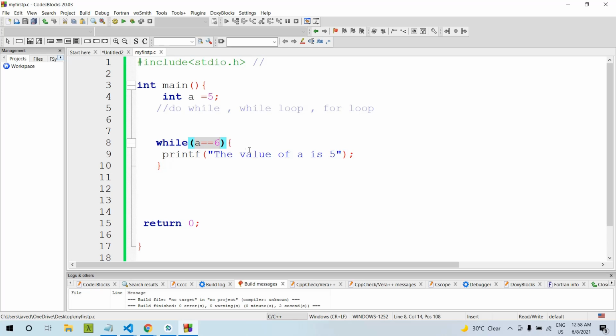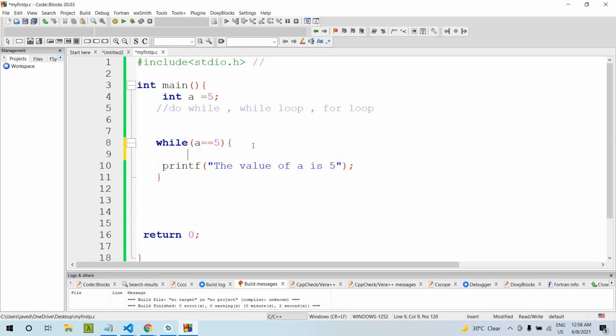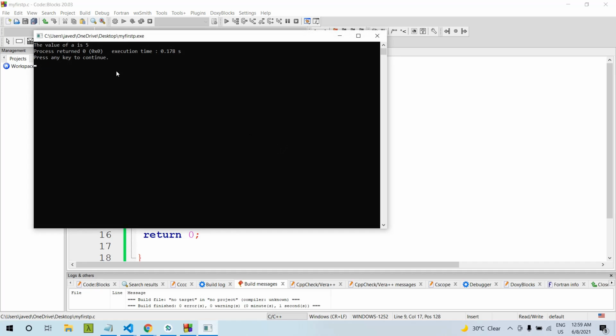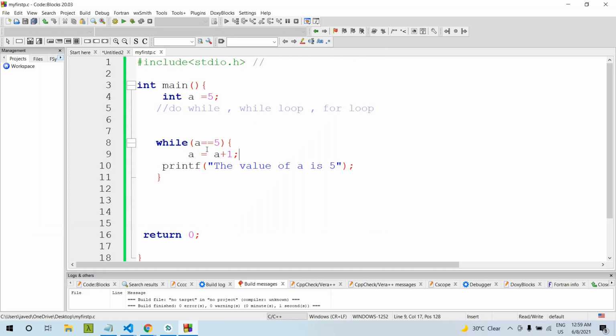What we can do is put a equal to 5 and then a equal to a plus 1. Let's see. The value of a is 5. It printed the value, and then the value of a gets incremented by 1, so now the value is 6.